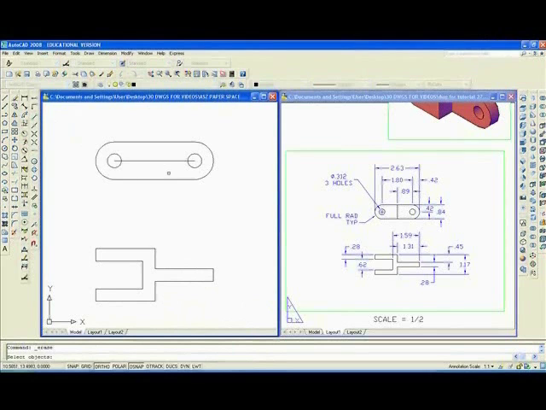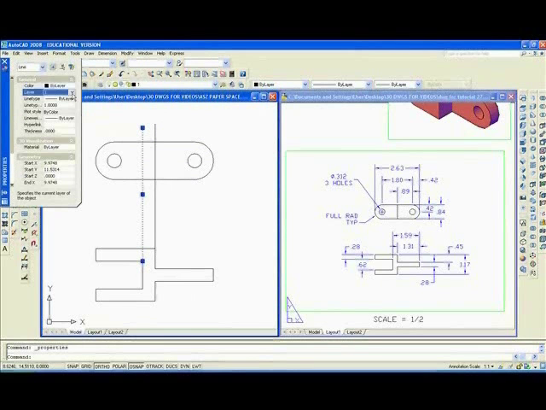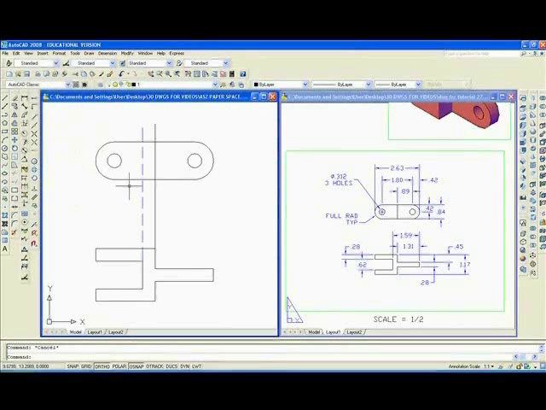Now you might want to erase this line and draw a line up here, spacebar, and another line from here up. This line is supposed to be a hidden line because you don't see it looking down on the top view. So we're going to change the property and put it on layer hidden. Escape. And now I can trim from here and here, and trim from here and here, and